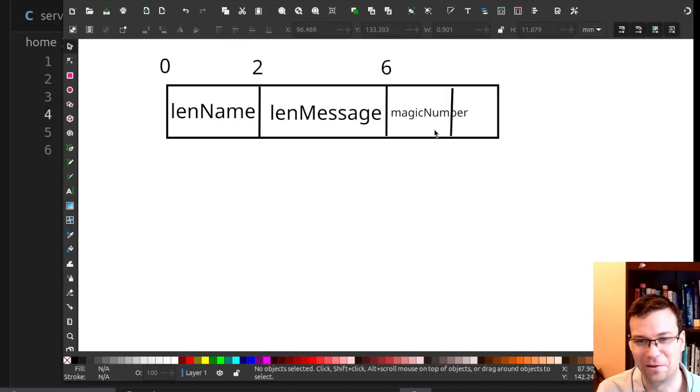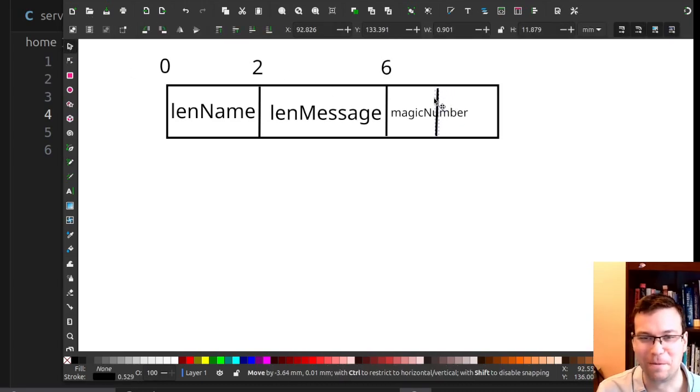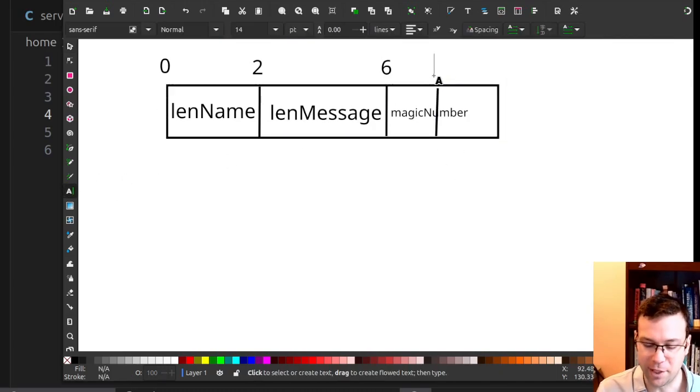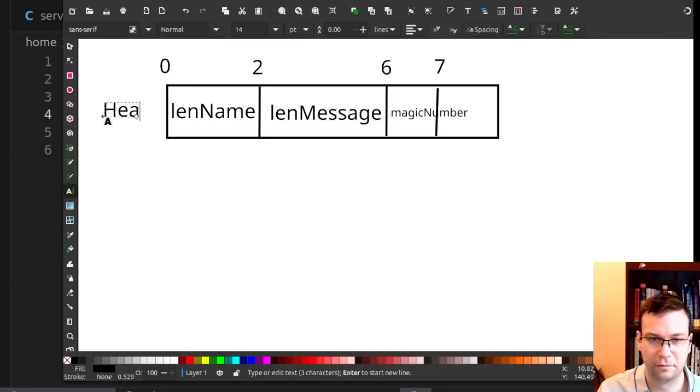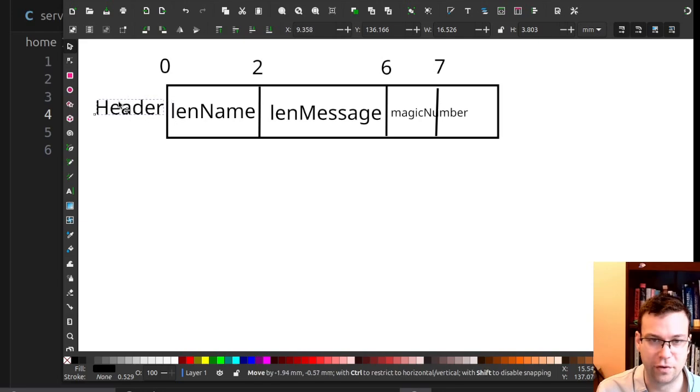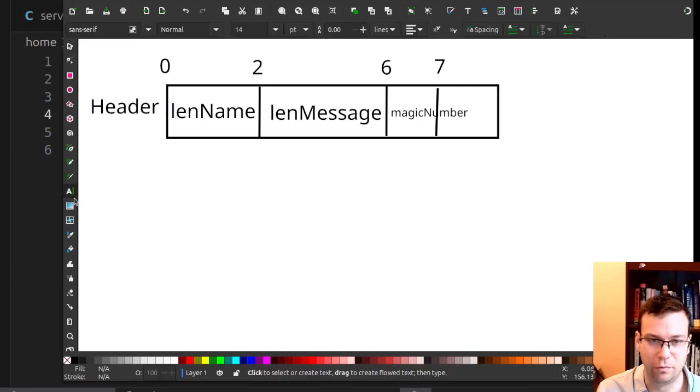I'm trying to make this look like it's only 1 byte. Okay, whatever. Close enough. So yeah, I need a 7-byte binary header, and that's something I'm going to send over the socket from the client to the server. And then after that, I'll send the actual body. So this is really the header here. And then I'll send over the body, which will contain,